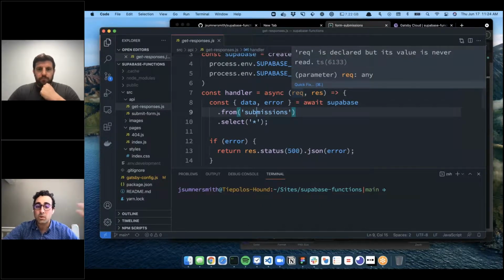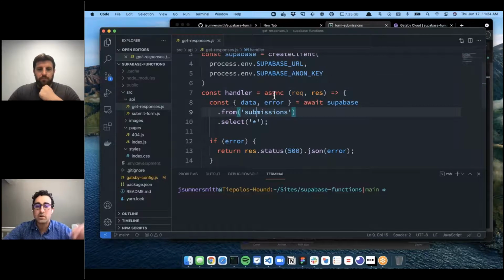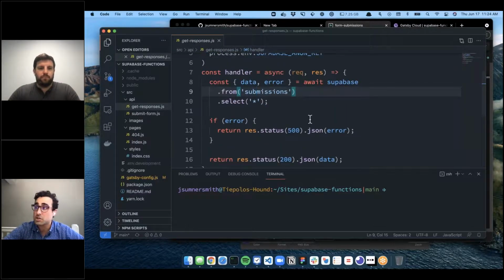Basically, the function that we're exporting here, I've called it handler. You can call it whatever you want. You just need to export a single function. There's a request object and a response object. The request is going to have anything that is coming from the client, so if there's a body, if there's anything like that, it'll be coming in on that request object. And then the response is anything that we want to return to the person who's making this request, so it could be the browser or another function or another service.